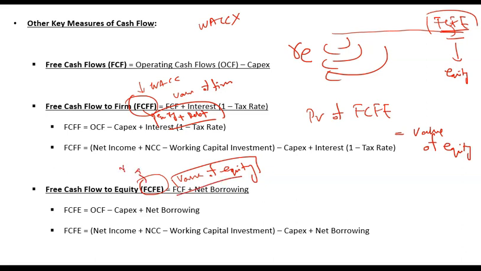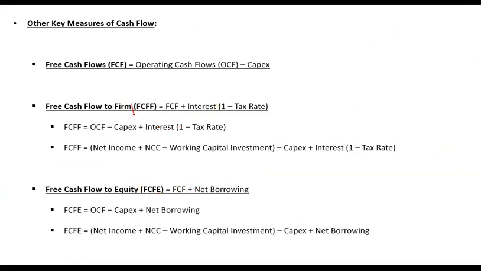So when do we use FCFF? I have seen that everybody uses FCFF for valuation. Generally, if a company has a changing capital structure, then you use FCFF. If a company's capital structure has become stable, and you know that the FCFE will be in the same shape, that it does not need to take more debt or less debt in the future, and 50%, 60%, 70%, whatever it is, is stable, then you use FCFE. Generally FCFF is used, but FCFE can also be used when you know that the company's capital structure is stable.